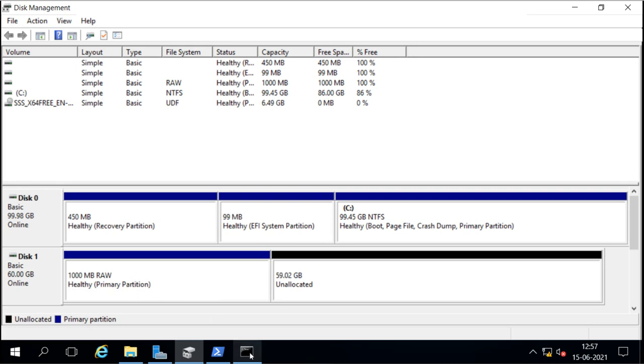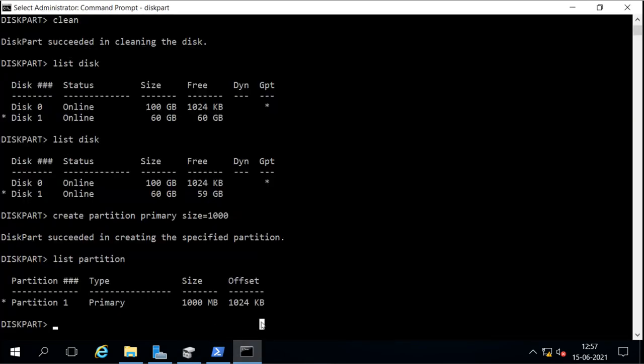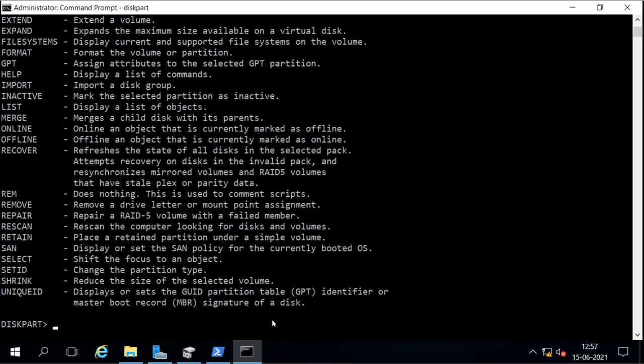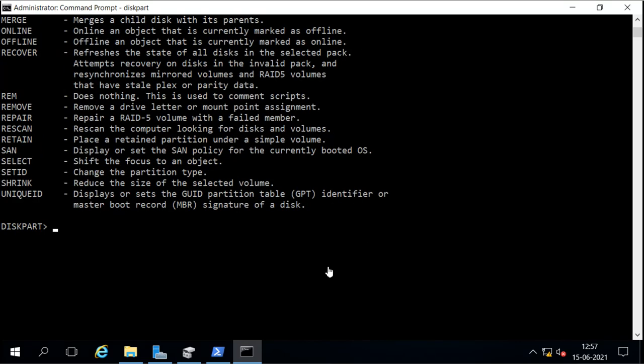So what we should do here, first I will assign the letter, and let's say I will assign G. Oops, sorry, not a spelling mistake. First we have to select the partition here.